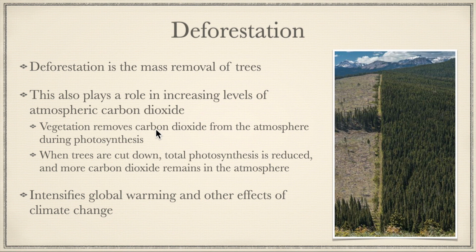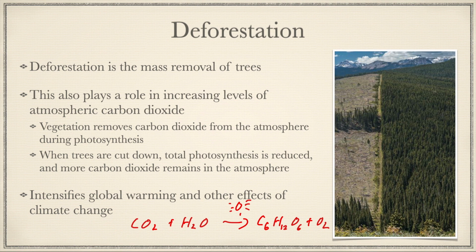So vegetation removes carbon dioxide from the atmosphere during photosynthesis. Now, when we cut down the trees, total photosynthesis is reduced and more carbon dioxide remains in the atmosphere. So photosynthesis, we have carbon dioxide plus water with some sunlight, gives us glucose